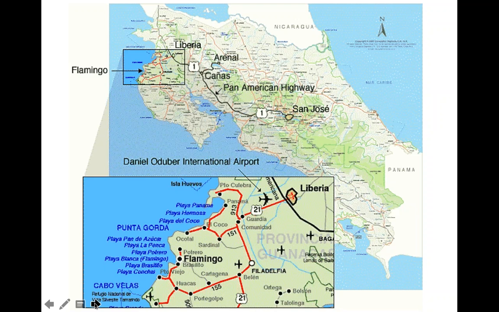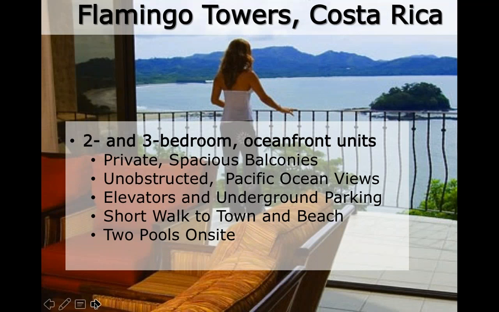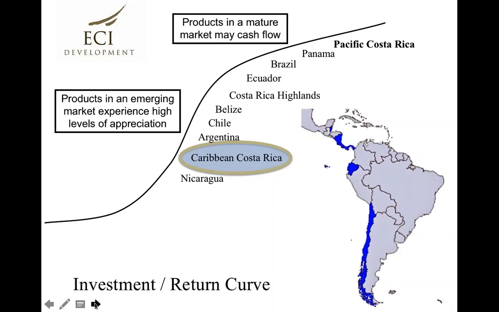It's a high-end living experience here at Flamenco Towers with 2 and 3 bedroom units with 2.5 baths, as well as penthouse suites. So really spectacular views. All residences have an elevated view of the coast with views over the Pacific for sunsets each night. There's underground parking, 2 resort pools, and golf and dining just minutes away. So it's a great location.